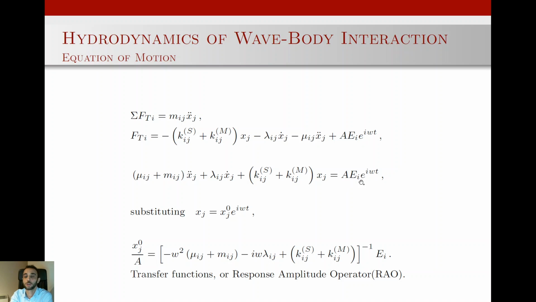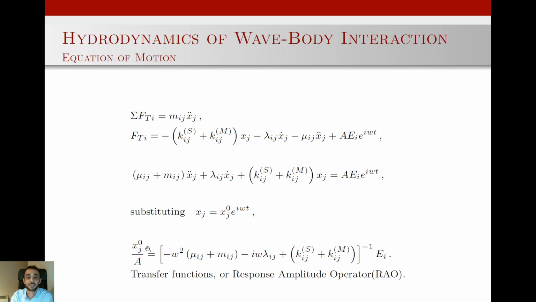This is all equal to the wave exciting forces times A, where A is the amplitude of the waves. If we substitute xj in this form into this equation, we will arrive at this set of equations,